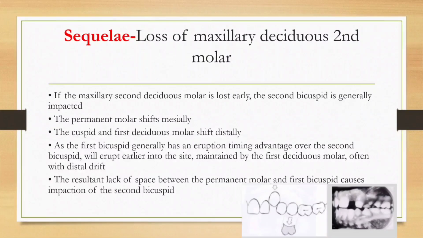So you need to visualize this when I am talking, so it is not very confusing. The second bicuspid will be impacted, the permanent molar shifts towards the mesial side, and the canine and first deciduous molar shift distally,